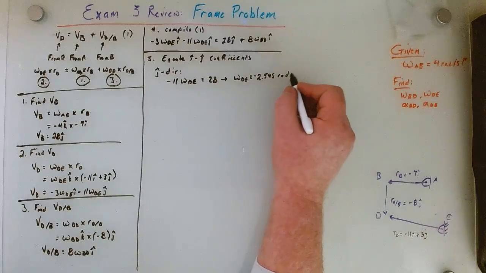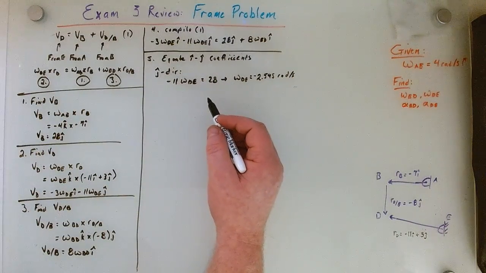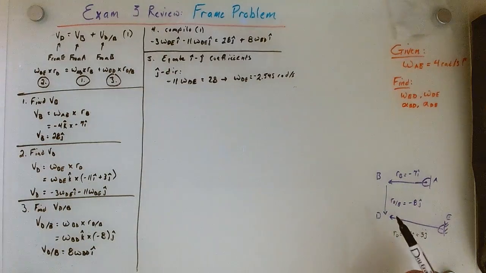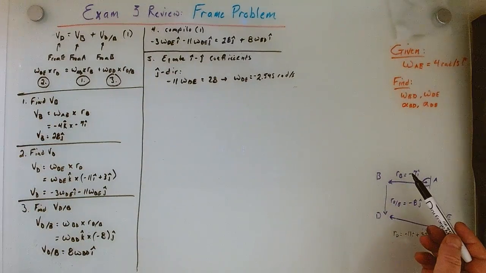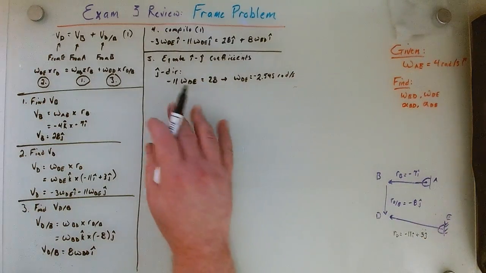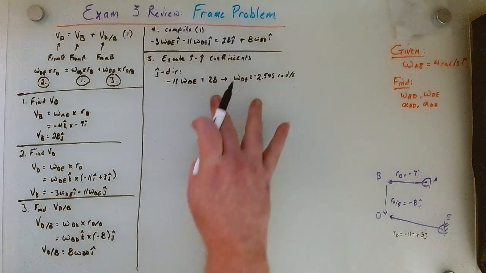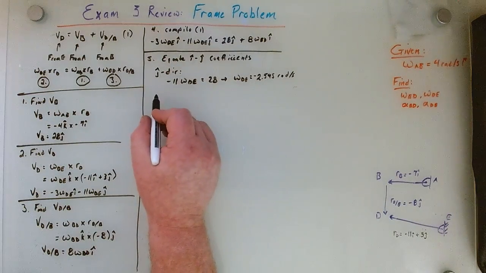Let's see if that makes sense. If it's negative, that means it's moving in the clockwise direction. So this is clockwise and there, so no, that can't be true. Let's find out. So minus 11. Not sure how that ended up being there. I'll come back to that. In the I direction,